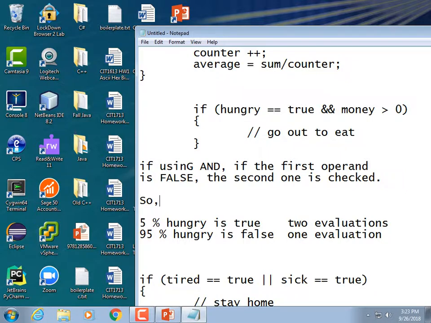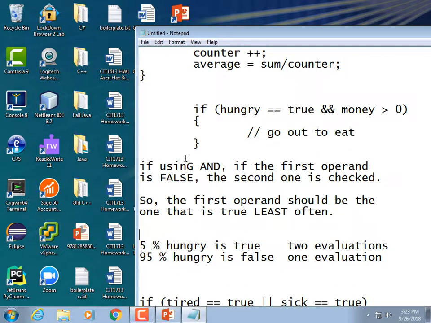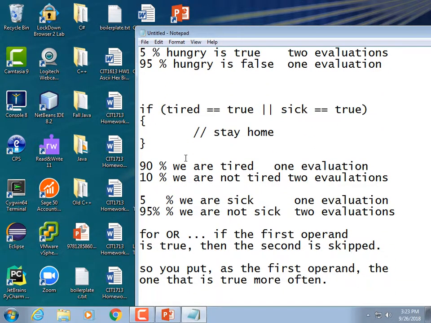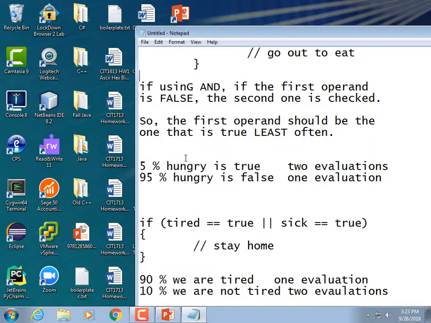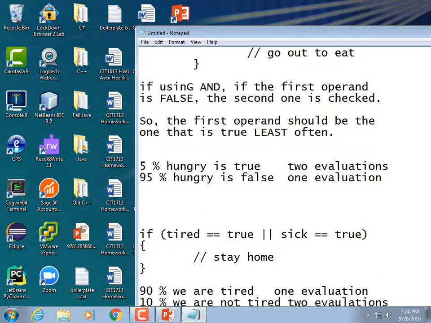So for AND, the first operand should be the one that is true least often. Whereas for OR, you want to put the one that is true most often first. You just have to flip your logic. And so if we're hungry only 5% of the time, and we are tired 50% of the time,